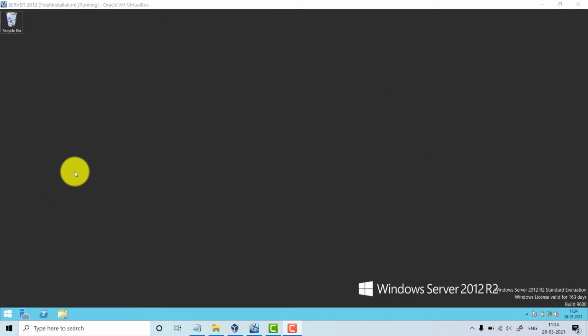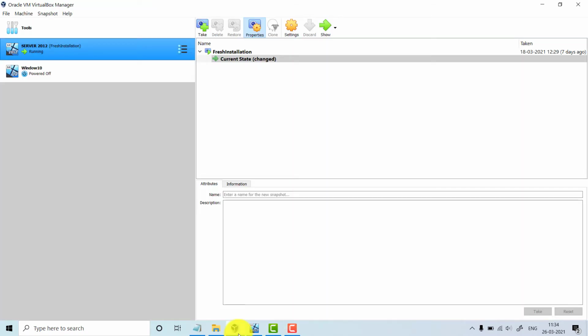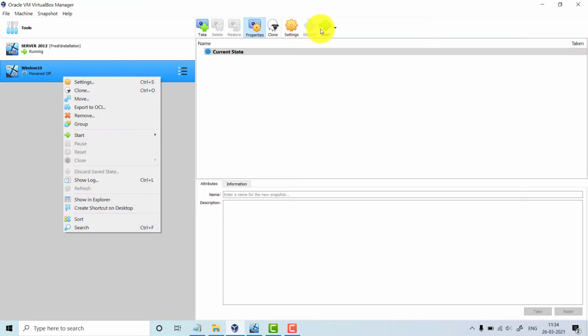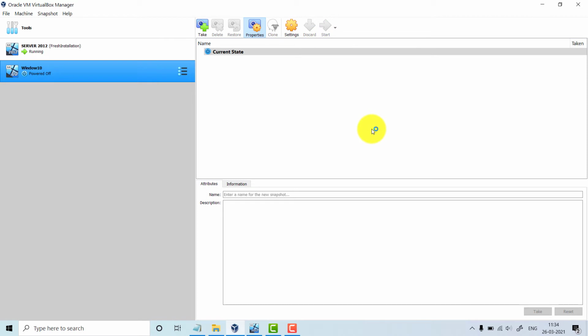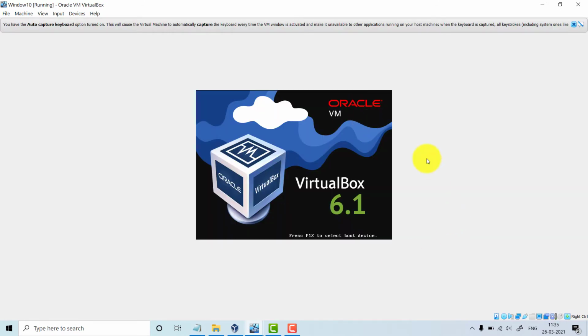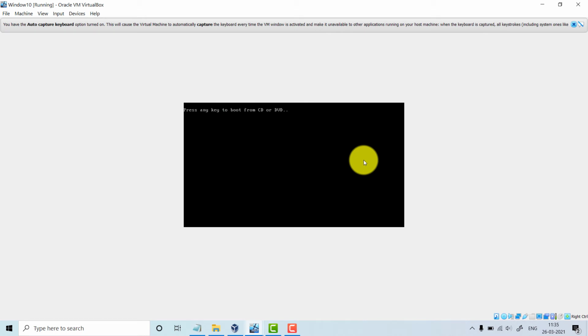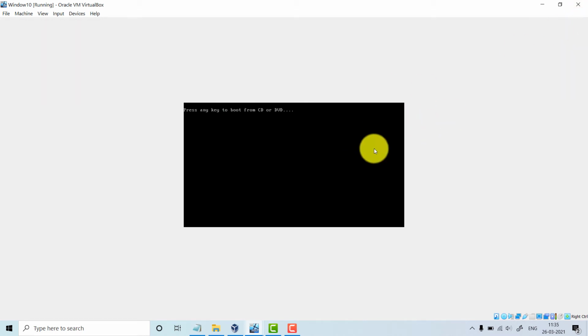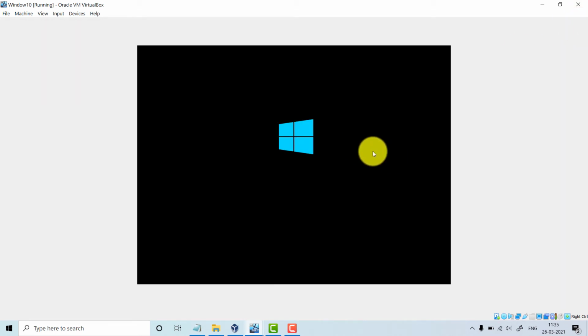Right now, let me show you. Let me start my Windows machine, the Windows 10 client, and log in with the staff login, Shaiju.